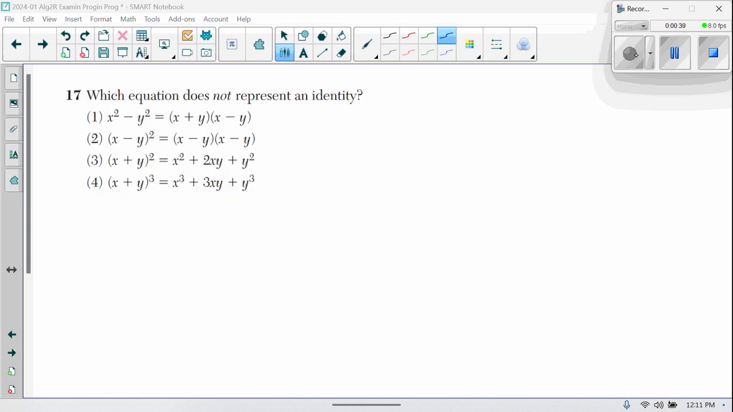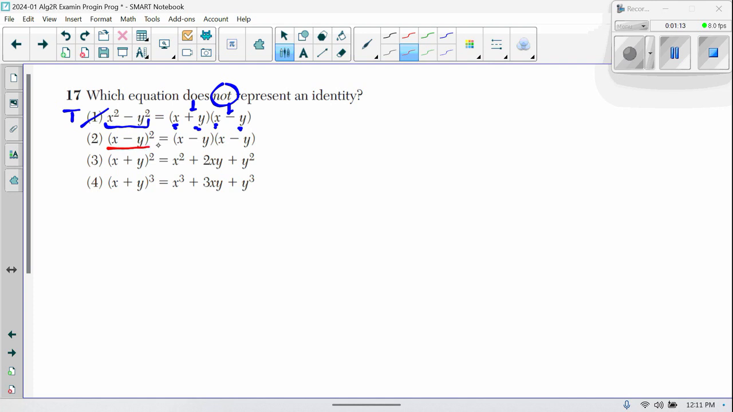Okay, I think we start with kind of a no-brainer. Number 17 says, which equation does not represent an identity, which means which one of these isn't true? First of all, shame on you if you don't recognize that this is a DOPS, a difference of perfect squares, where I use the same 2 terms and there's a plus and minus between them. This is definitely true. Remember, I want the false one. Which one does not represent? The second one,